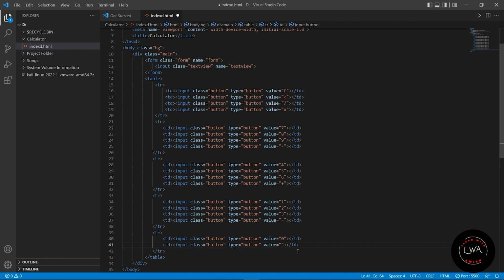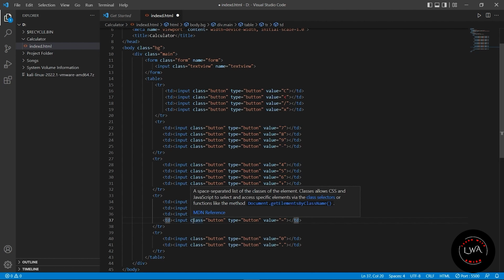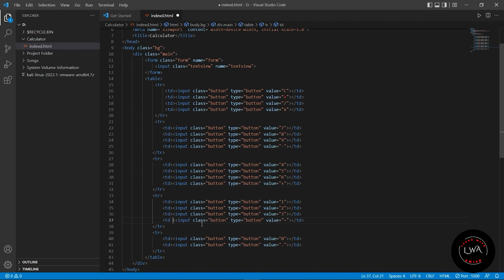Okay, that is done. And after that we have to manage it with the column span or row span. So in this, after the equal to sign, we are going to put the row span as 2, so it will be in 2 rows. For that, let's put row span as 2,